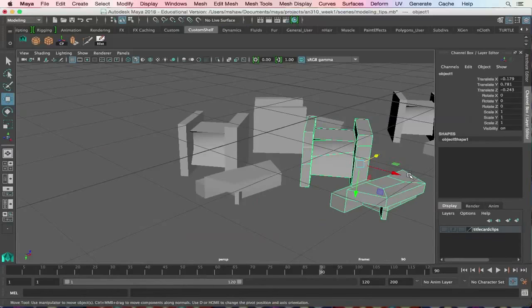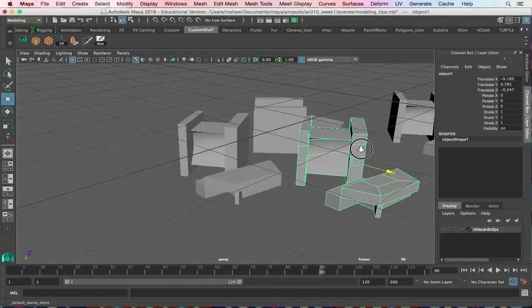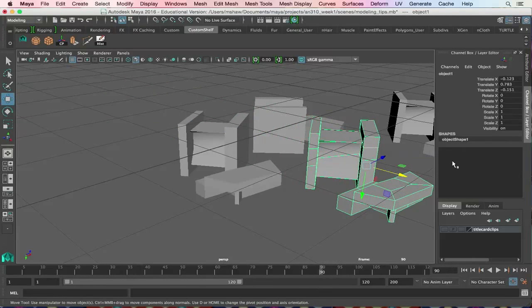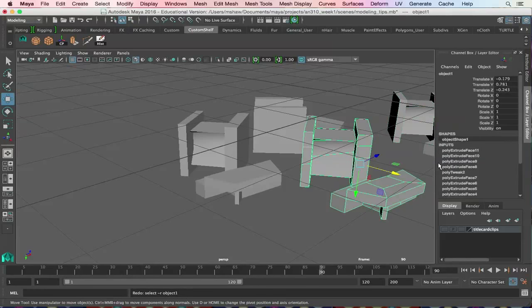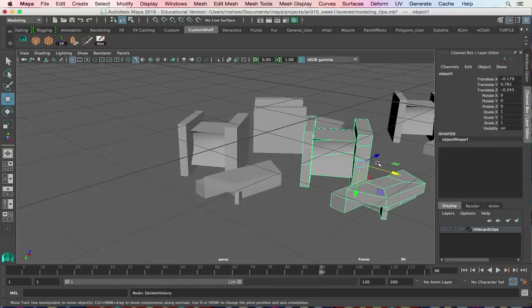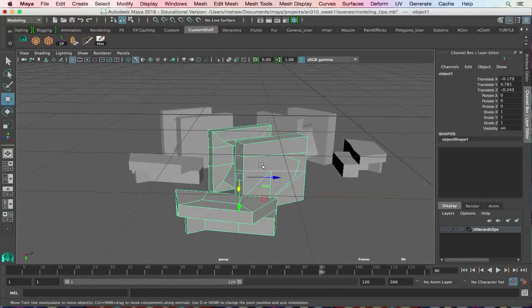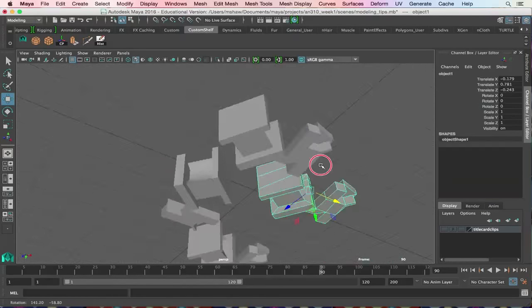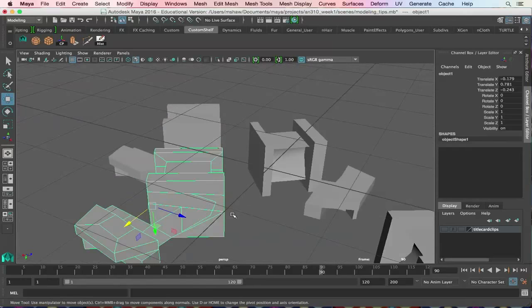And now this object is nice and clean, but we also can't go back. We can't go back in history and change the way that this object is unless we hit undo and bring that history back. So this object now believes that this is just how it looked when it was born. It just came out looking like a jumbled mess of I don't know what. All right,